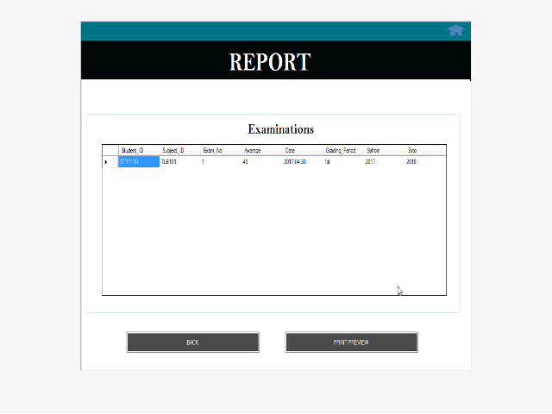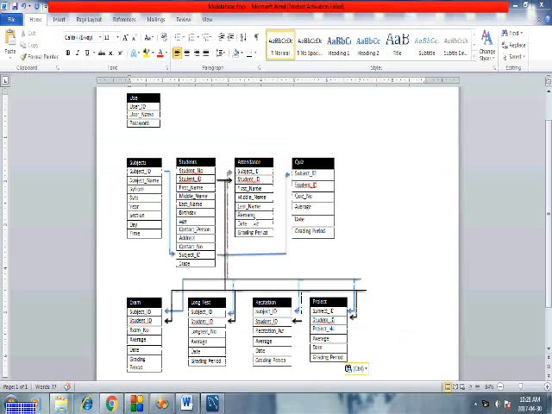And this is my database, my tables: user table, subjects table, students, attendance, quiz, project, recitation, long test, and exam.